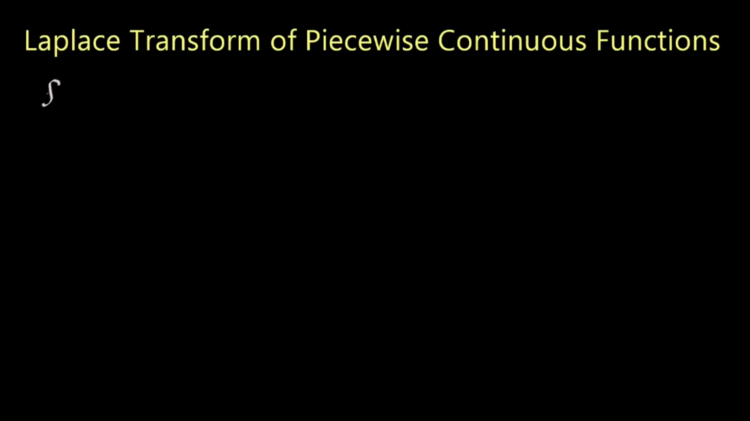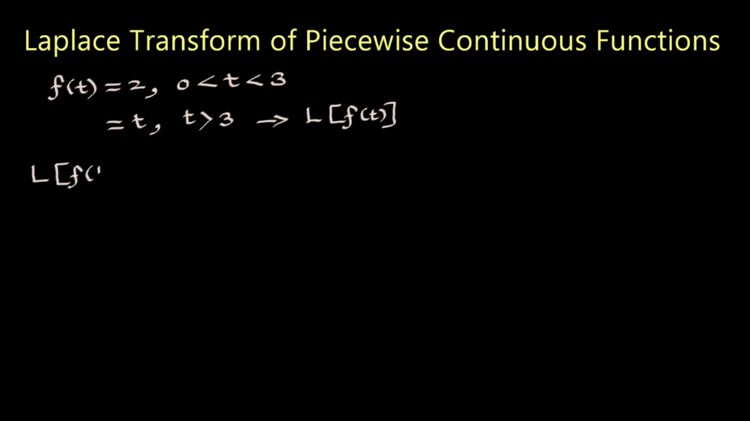f(t) equals 2 for t between 0 and 3. It is t for t greater than 3. We have to find Laplace transform of f(t). Laplace transform of f(t) is integral from 0 to infinity e raised to minus st into f(t) dt, which is